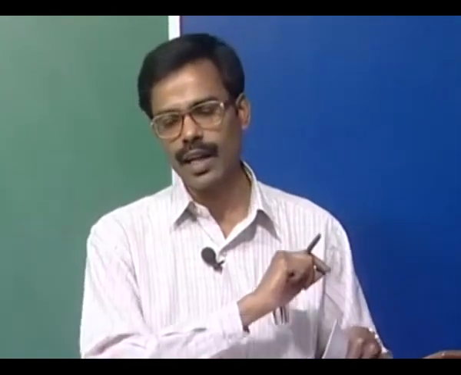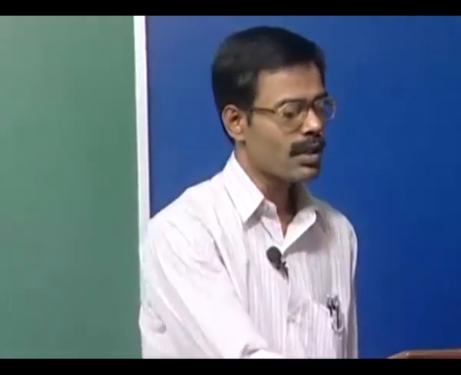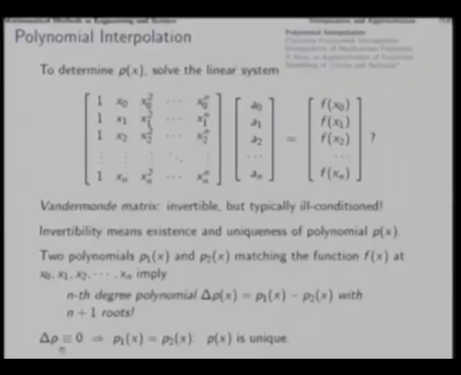That means the entire polynomial is 0, all the coefficients are 0, which will mean that p1 and p2 are actually the same polynomial. That shows that p(x) is unique, and that p(x) exists we can argue based on the properties of linear system